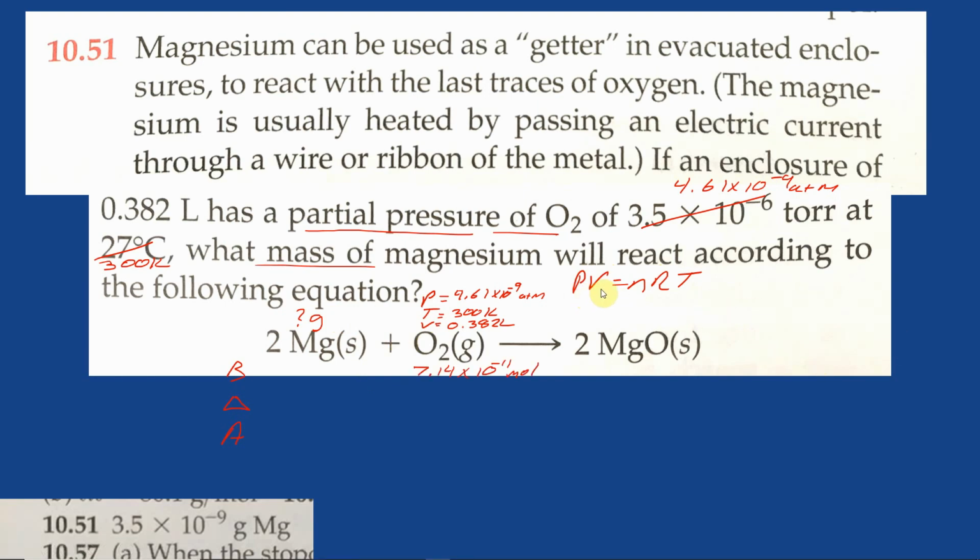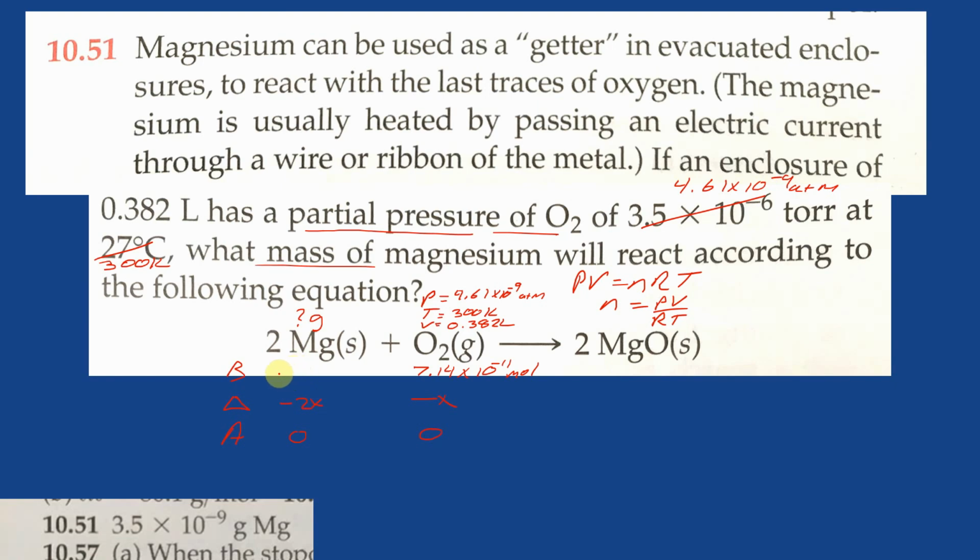When I do my PV equals nRT work, I am solving for moles. So moles is going to equal PV over RT. Make sure that we're using these values, and R is 0.0821. And this is the mole amount I get, 7.14 times 10 to the minus 11th. Okay, this is a reactant, so it's going down by x. And I know it's going to be completely consumed because we're trying to find out how much of this would be needed to be added to just completely consume it all. So this also is going to be going down to 0. And so what we're trying to do is figure out